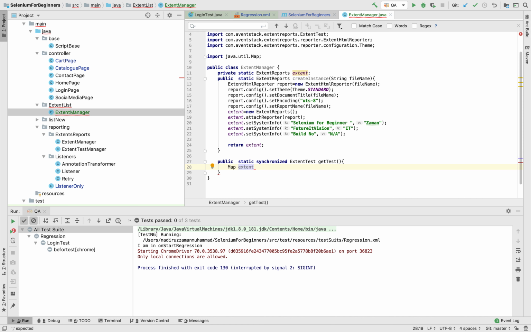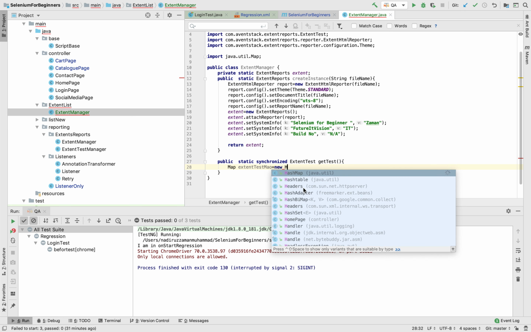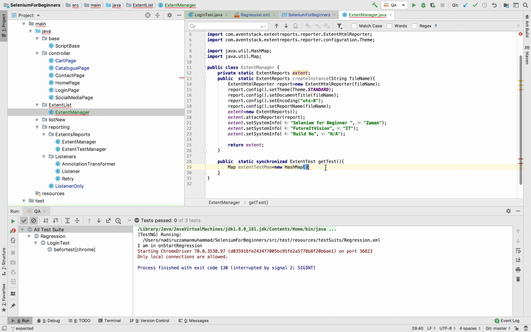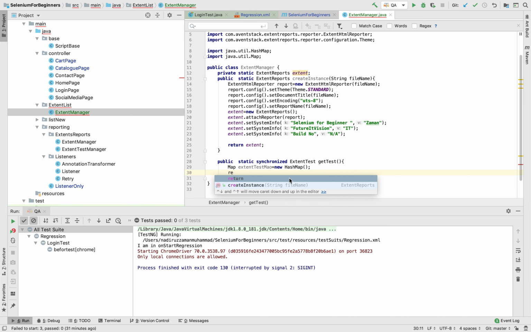Extent new HashMap. Okay, so I just created a map for that, and a return statement, because it's not a void method. Return, what can I do in the return? We have to provide this extent test, then I said extentTestMap